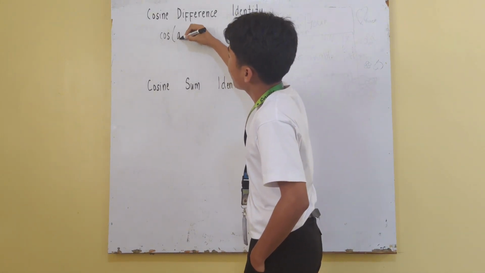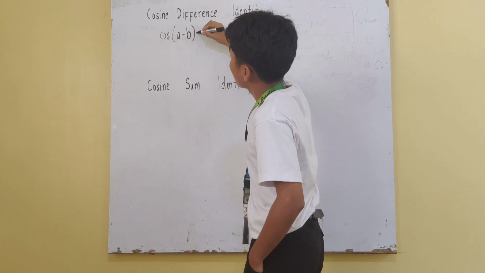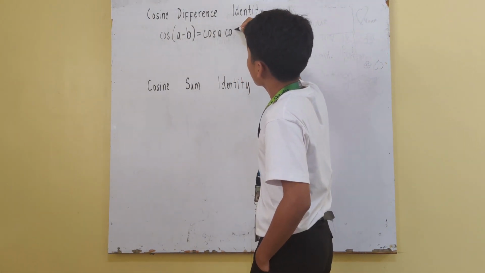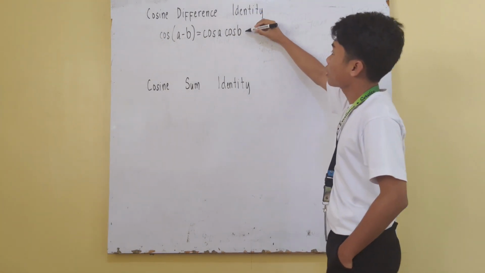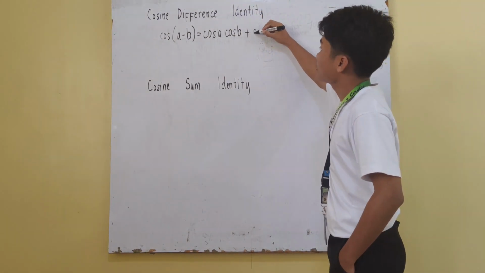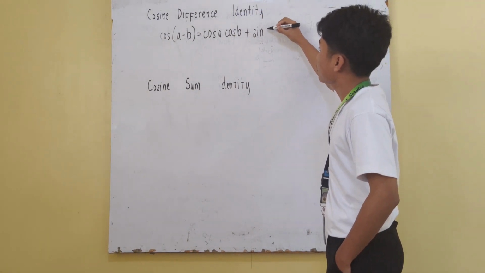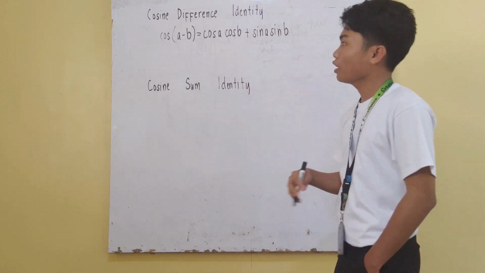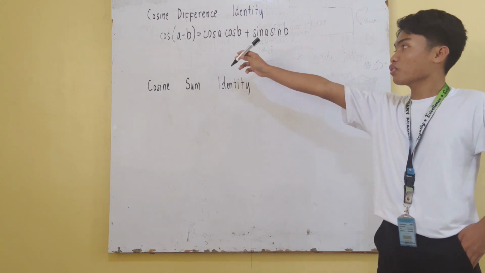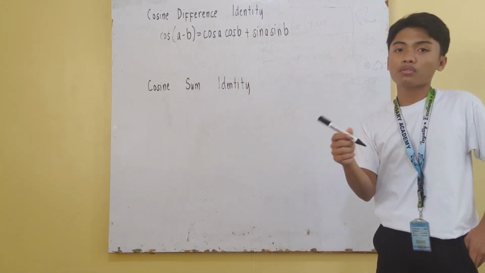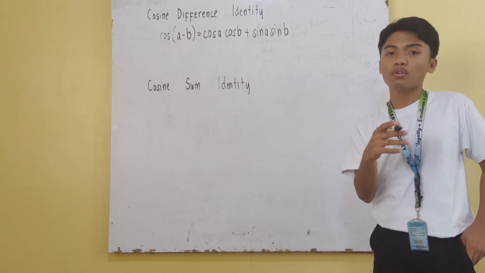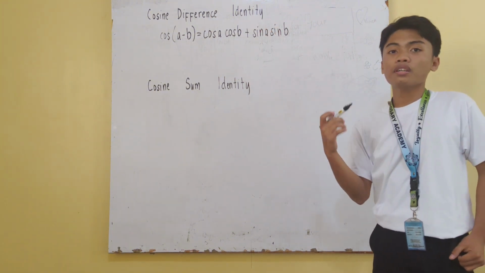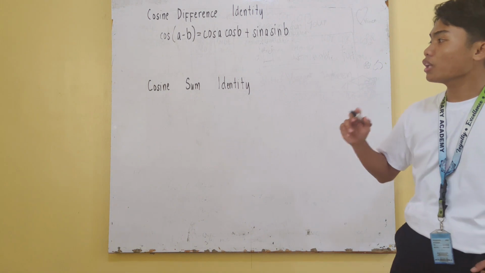cosine A minus B is equal to cosine A cosine B plus sine A sine B. This is the formula to be used when we want to identify the value of a cosine angle using the difference identity. So for the cosine sum identity, the formula is